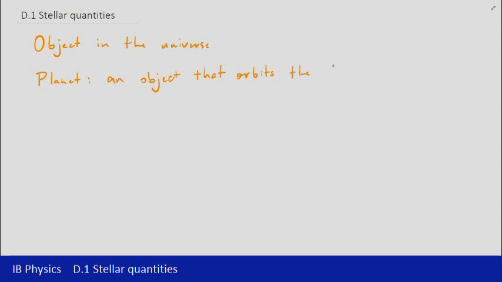So if you start to look outside our solar system, it's not quite as clear. So this definition relates to our solar system, and there's a few things about it that are still up for debate,